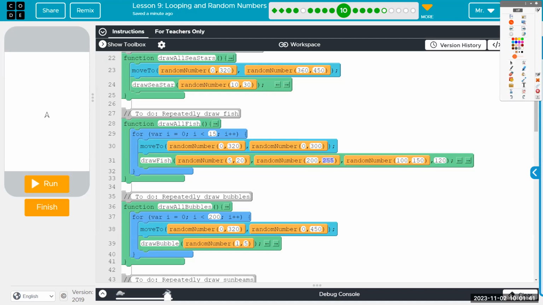Its random value is between 200 and 255. Yes, it's a random number, but it's a narrow and very high range, which means this triplet color is going to be in the red area: red, orange, yellow, pink type of thing. Then we get a random number for green between 100 and 150, which is a medium amount. And we get a hard-coded blue of 120.